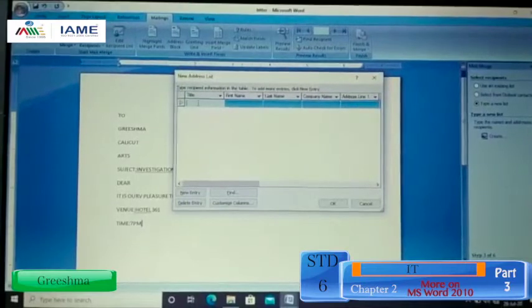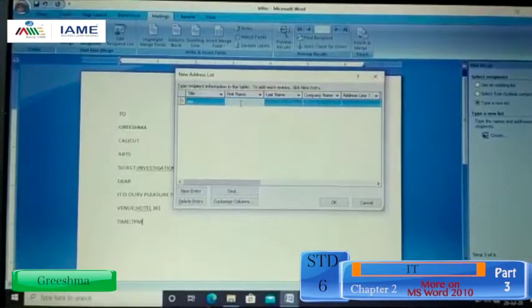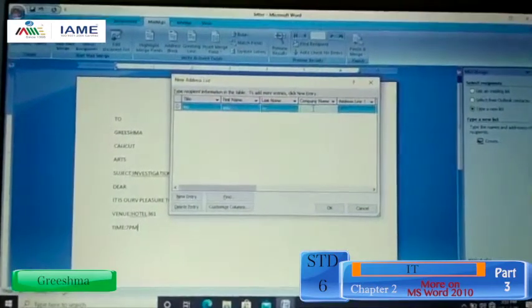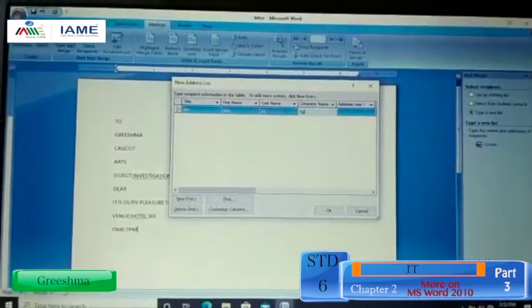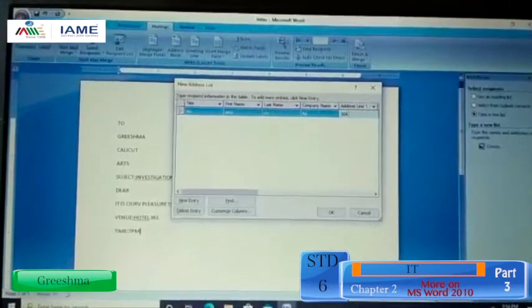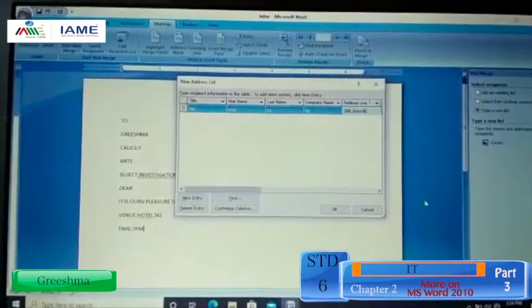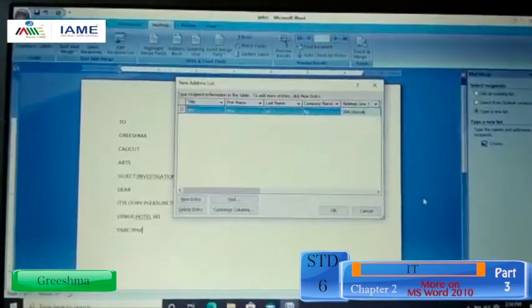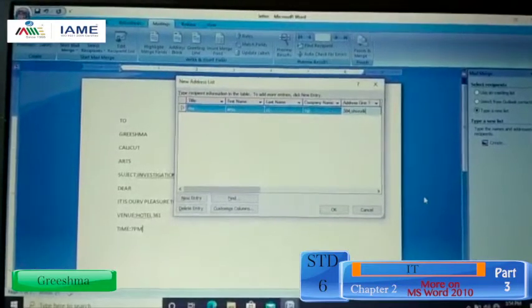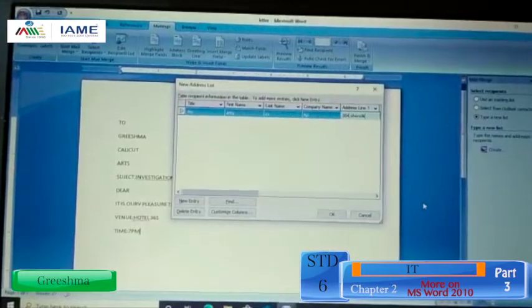Then next, Mr. First name Anu, then last name CV, then company name HJI, address 304 Shivlok. Then 12th step, similarly enter the first name, last name, address line 1, address line 2, city, etc.